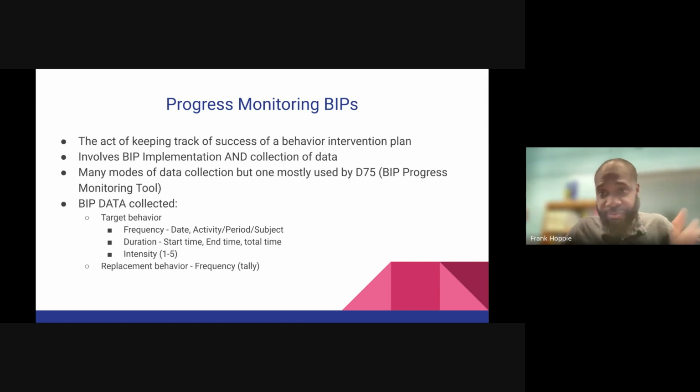Then at the first progress monitoring review meeting, which is a meeting to go over how well the BIP is doing, we make decisions on whether to discontinue that one. If there's another behavior that needs to be focused on, there's a whole process that starts again with studying the behavior, the FBA, and putting interventions in place to address it. It's not as simple as saying it's not this behavior, it's this behavior now. You have to study the behavior, determine the function, and go through a whole process. So whatever behavior is in that BIP, if it's already done prior to getting to us, we've got to progress monitor and follow the process for it before we change anything.